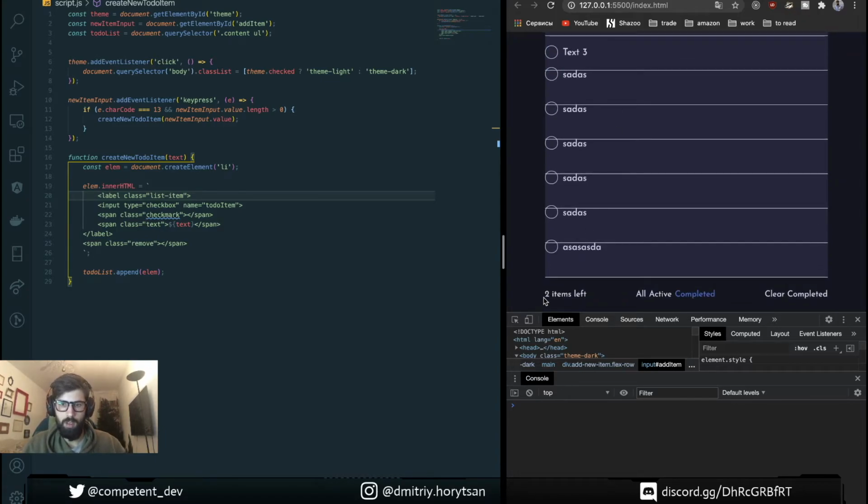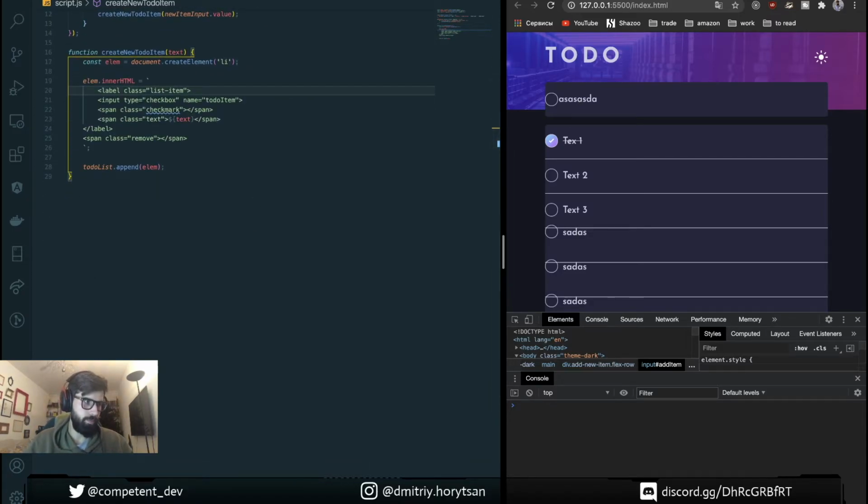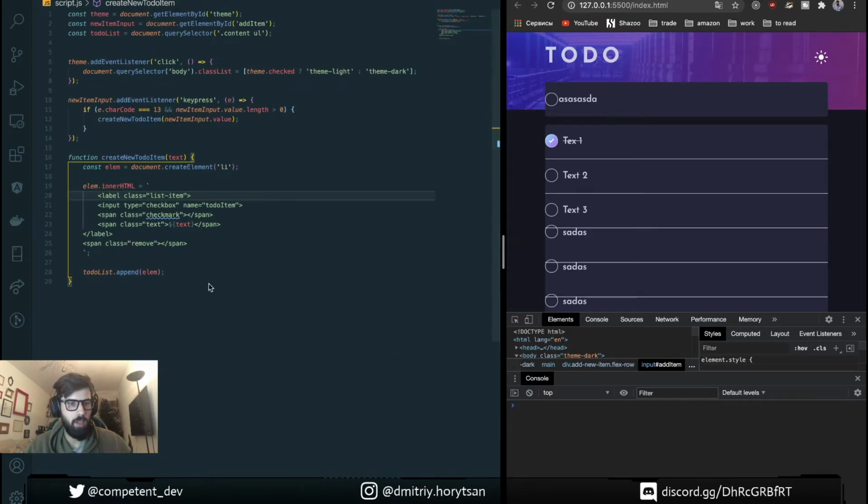But the one thing that we need to do here, once we added a new item, we need to update the count of items and clear the input. So let's do this. To clear text, we're gonna create another function.